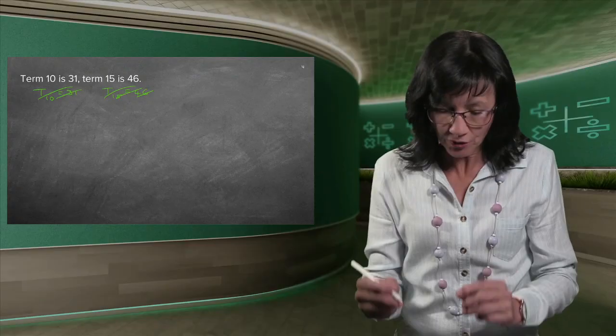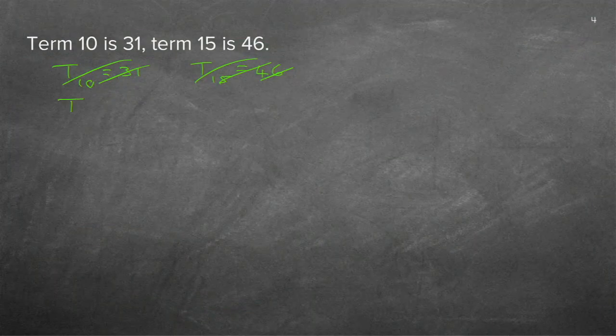So once you write down T10, let me just get the formula here. Tn is dn plus c. That is the one we basically use in grade 10. As I say, you can also use the other one. Let's just write that one down as well: a plus (n minus 1) d. You can use any one of those two, but we're going to concentrate on this one for now.